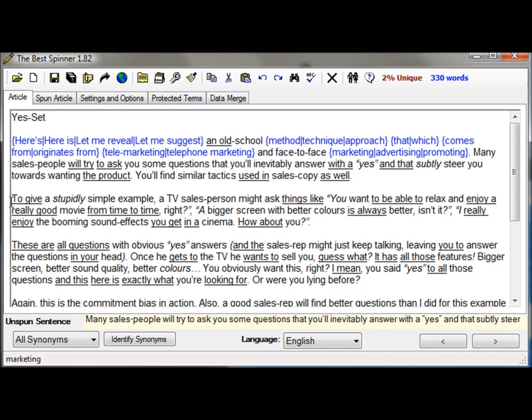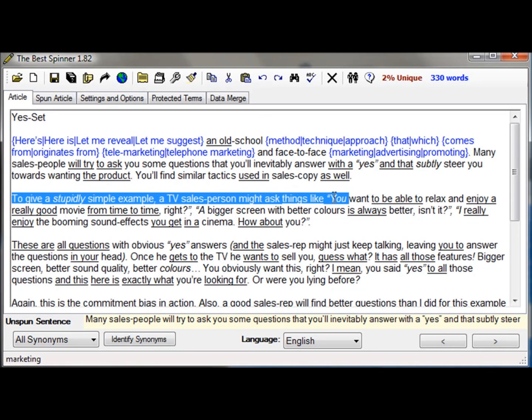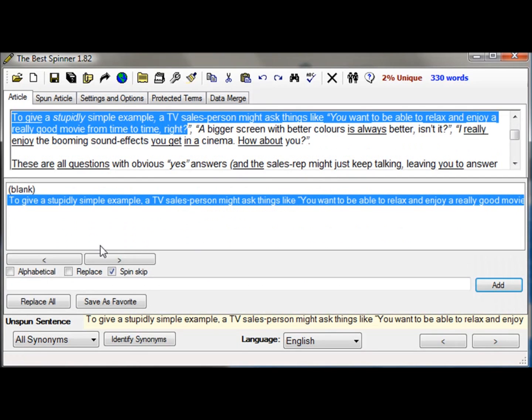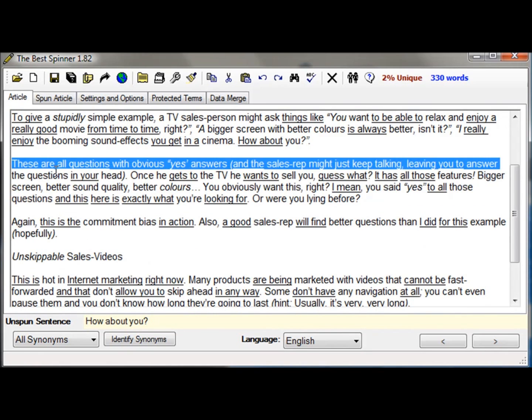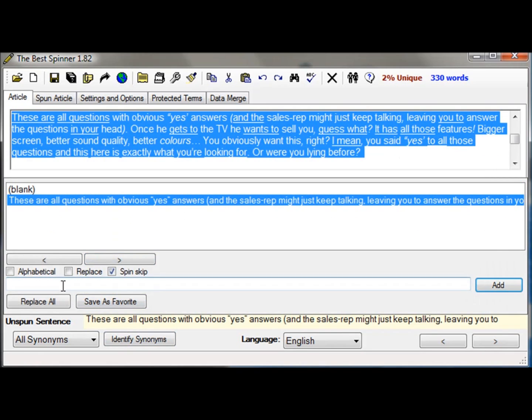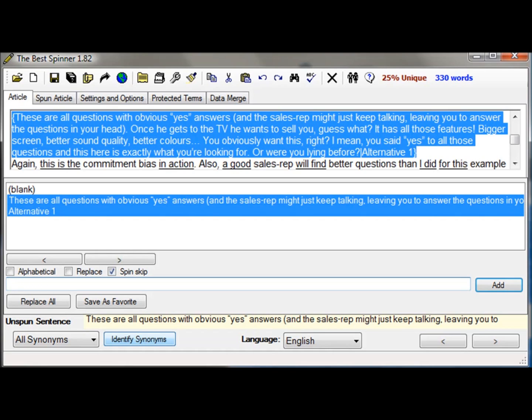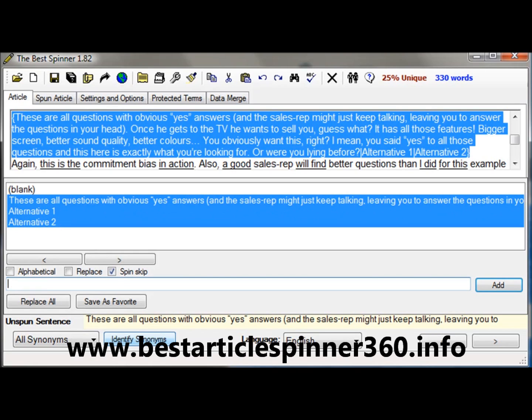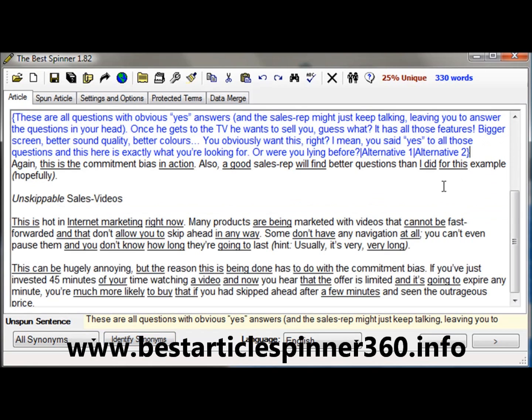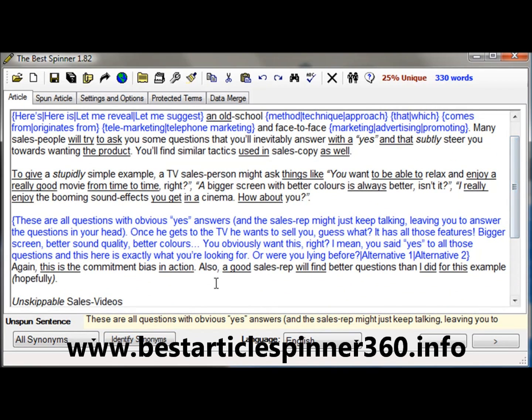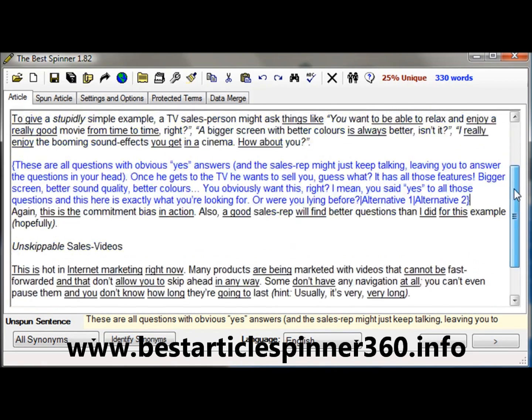And another thing you can do is select larger chunks of text. I can select an entire sentence, for example, and add alternatives down here, or I can even select an entire paragraph and then rewrite the paragraph. So all I do here, I'm not going to write an entire paragraph, but if I just write in alternative 1, I hit enter, it inserts that, and I can write another one, alternative 2, hit enter, and so on. And when I'm done, I click out of it. Right? So it just inserts the spinning code automatically for me.